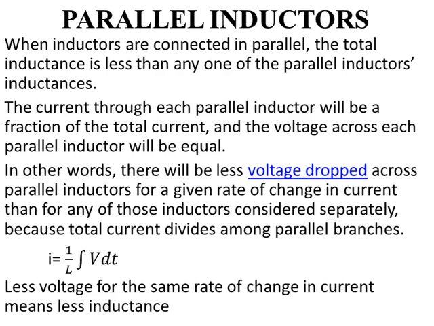Now we move on to parallel inductors. When inductors are connected in parallel, the total inductance is less than any one of the parallel inductances. If we go through the one we did just now for the series inductors, say your L1, the first inductance, is 2 millihenry, and the second one maybe 3. Give values for all those inductances and try to add them together. You realize you get a bigger value. But for parallel inductors, the total or equivalent inductance is less than